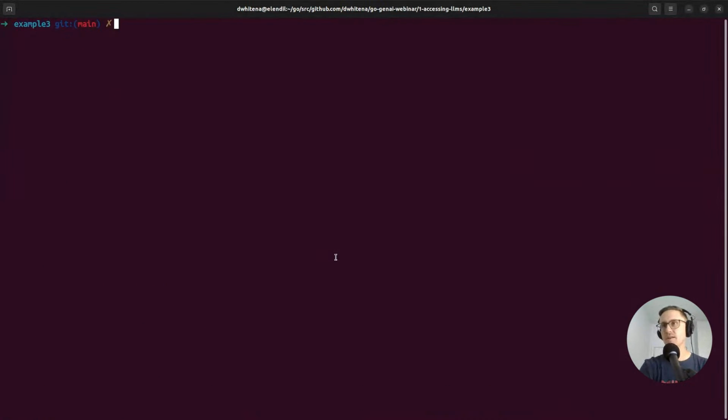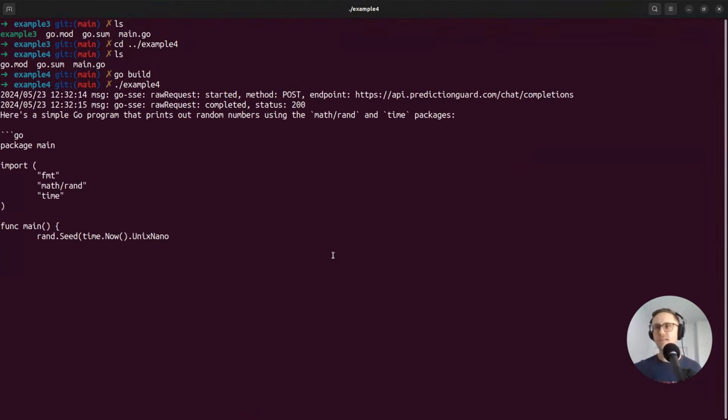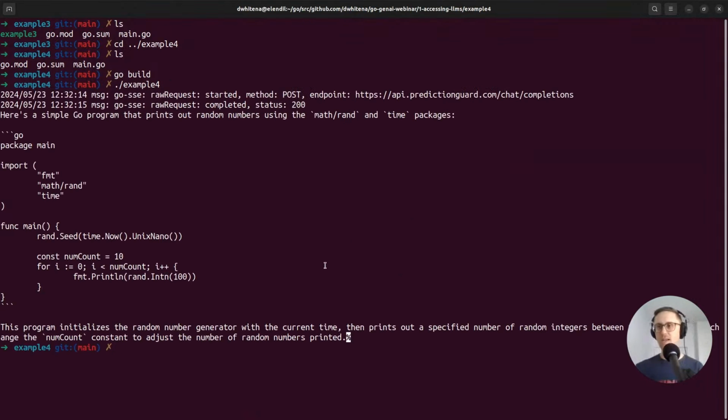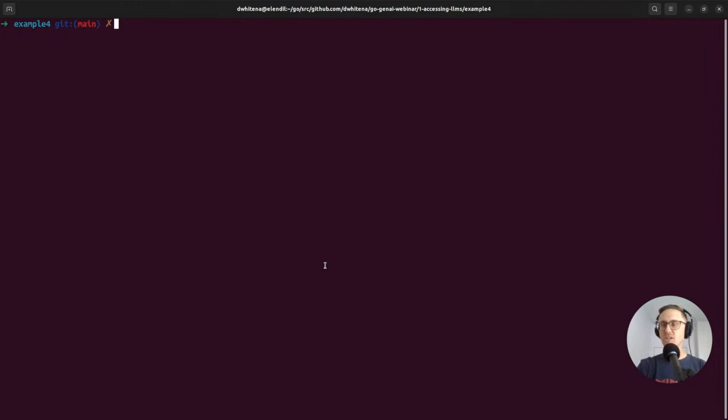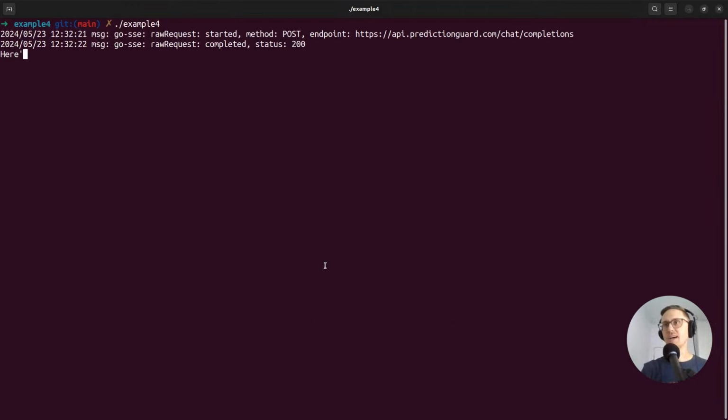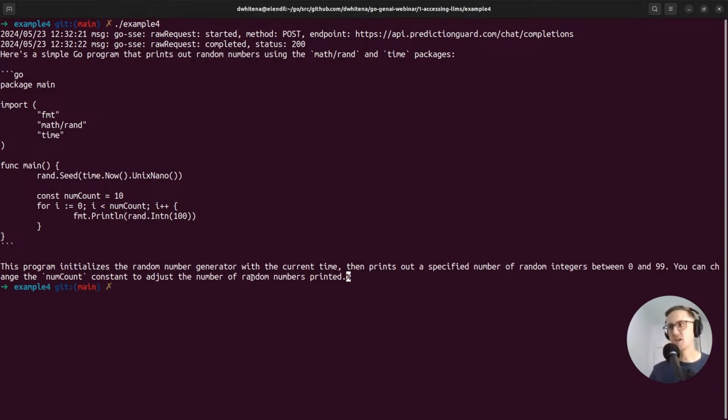So let me go back here and just run this again. And now you can see I get that nice streaming piece. And it's much more user-friendly because I cannot wait for the whole thing to be generated. I can just get that printed right as the model starts to print